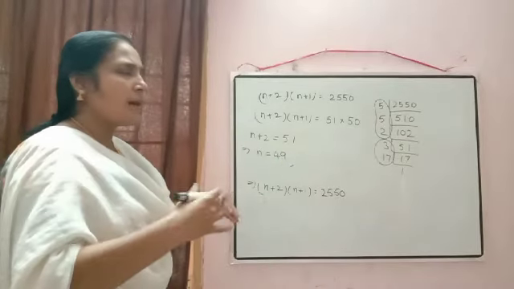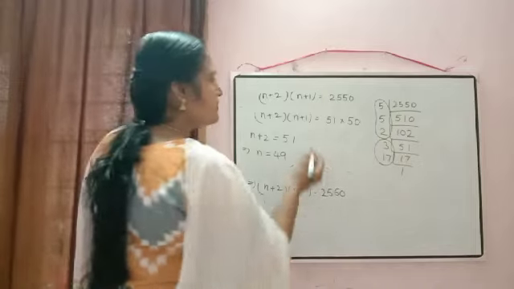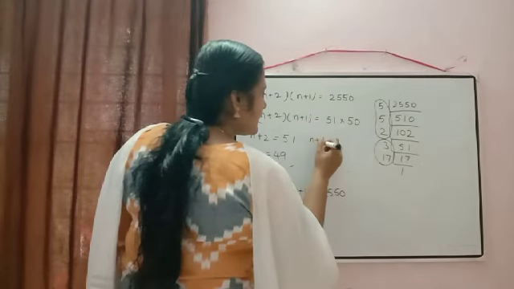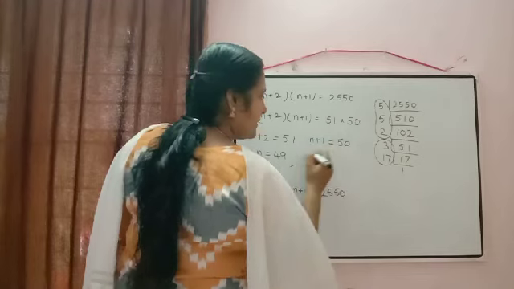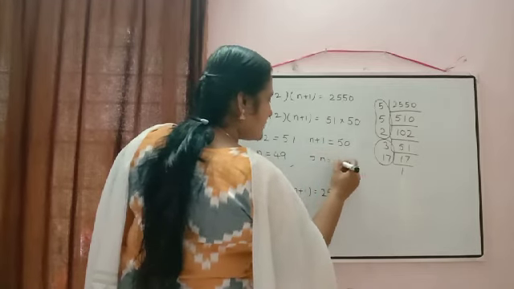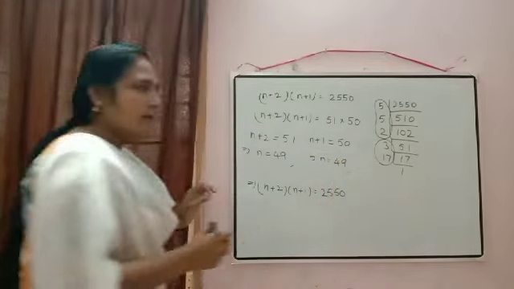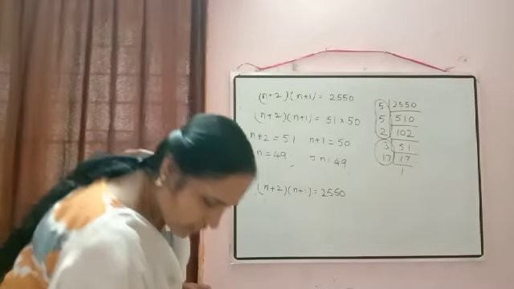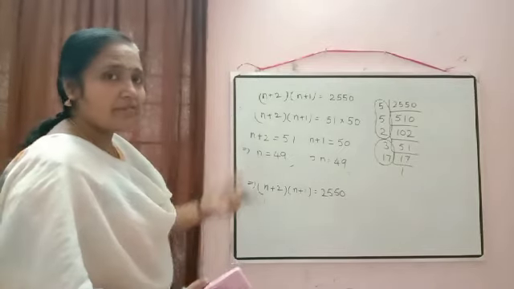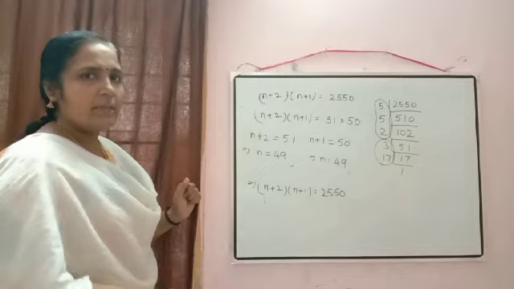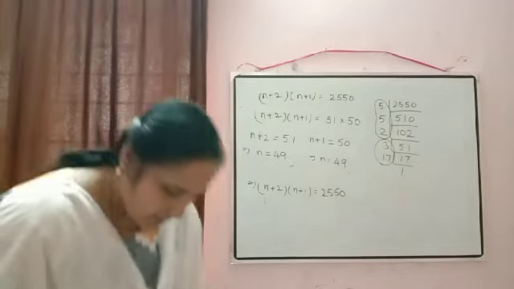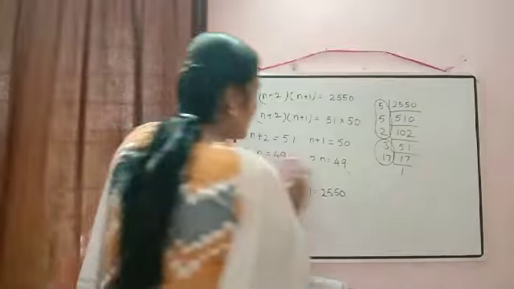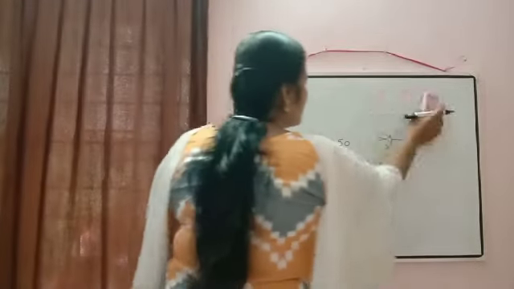If you want, you can compare the smaller number also. Smaller number in left hand side, that is n plus 1, and in right hand side we have 50. So from here also you will get n is equal to 49 only. So either you can use quadratic formula or you can simplify in this way also. It depends on you how you want to do the question. Okay. Now all of you write down, in the same pattern only, the next question.